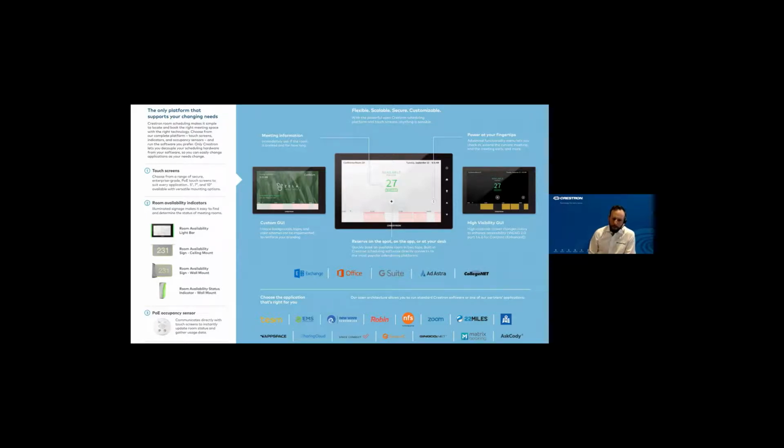You can pair that with a PoE occupancy sensor that also will give you indication if somebody is in that room but not booked. So typically what we will have is a green light for the meeting room available, a red light for the meeting room being booked, or a blue light for the meeting room occupied but not booked. And of course, all of that data can be fed back into monitoring platforms so that we can actually understand how our resources are being used. And so we can be sure that we are not overusing or underusing our meeting room resources.